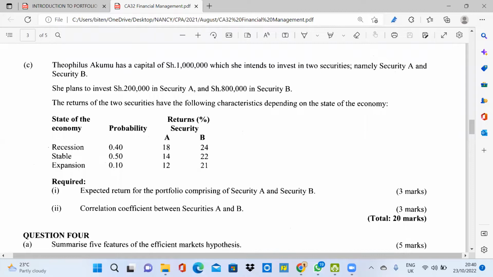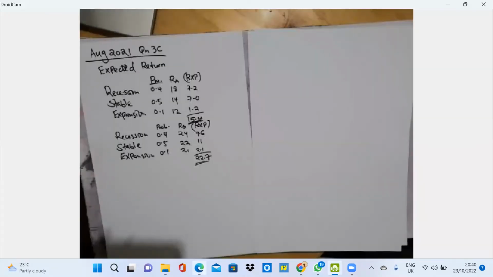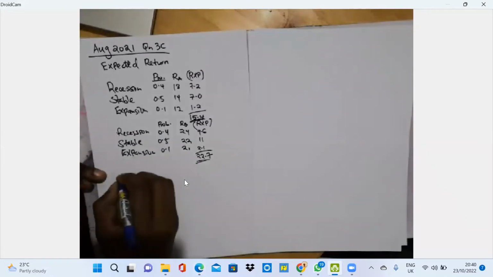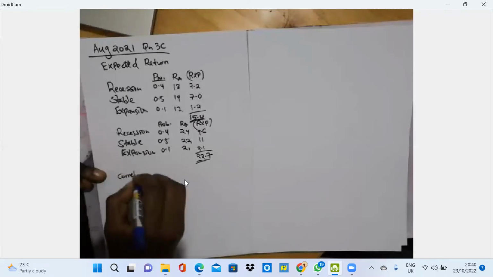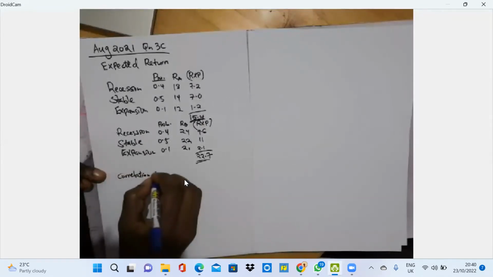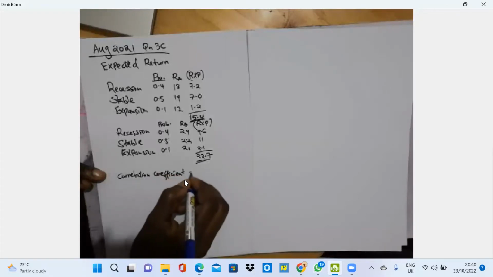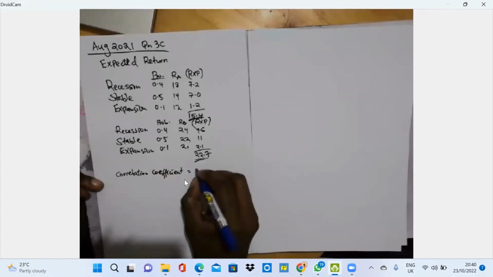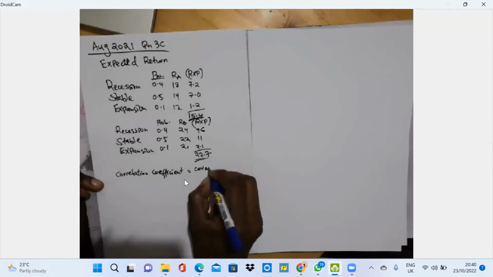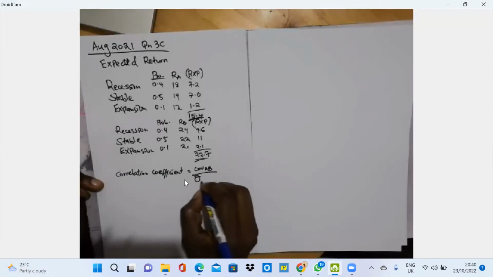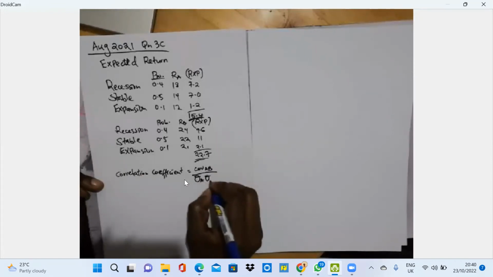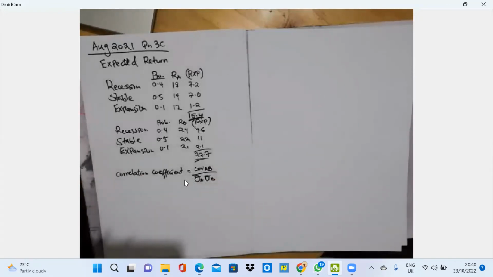So the next question is correlation coefficient. So to get a correlation, it is the covariance of A and B. We divide by standard deviation of A, standard deviation of B. So first we